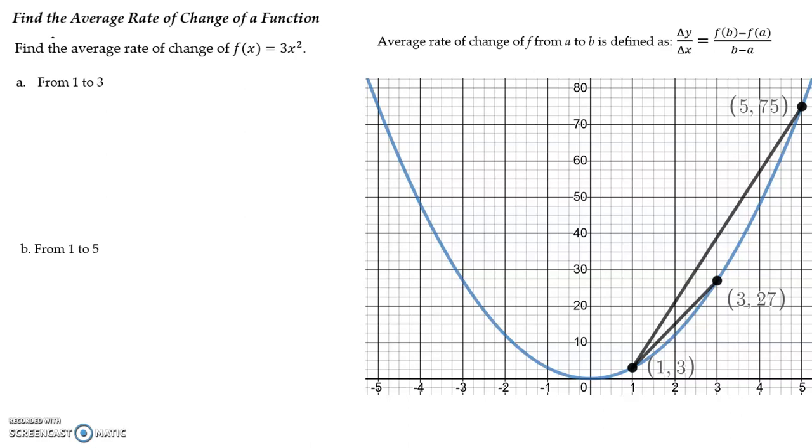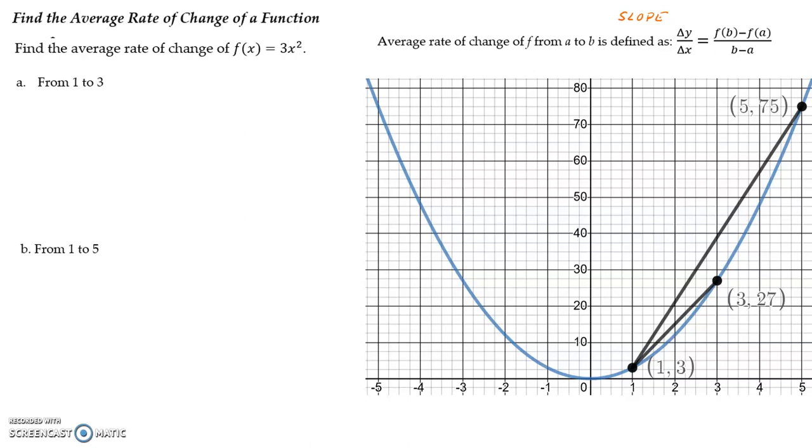In this problem, we're going to talk about calculating the average rate of change. And when we're looking at the average rate of change, we're going to define that as the change in y over the change in x. From your previous courses, you might have seen this referred to as the slope, or rise over run. Right, we can also write it as f of b minus f of a over b